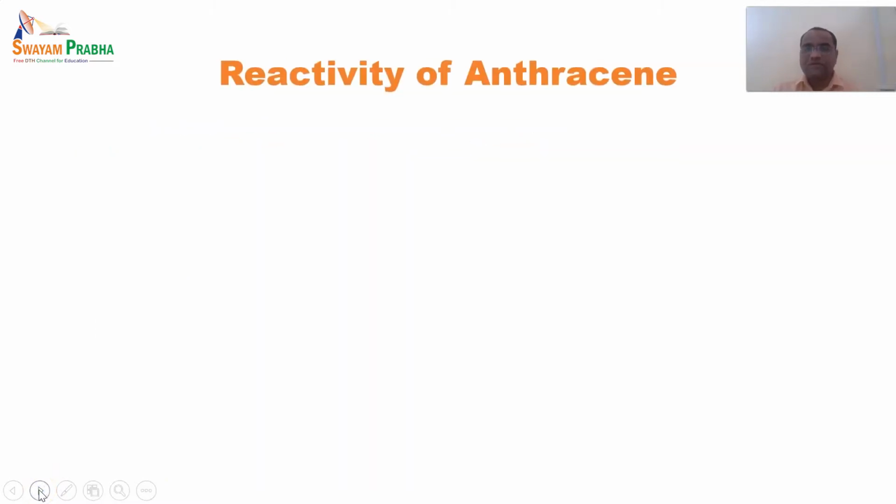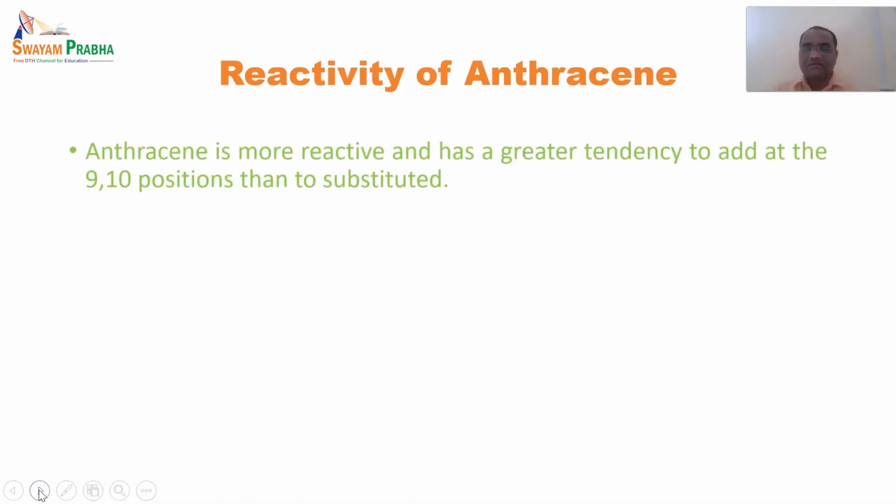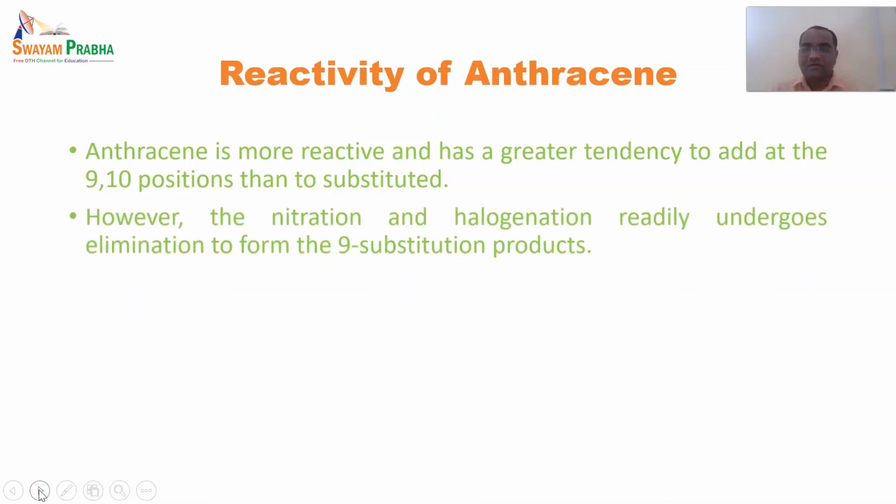Now we'll come to the reactivity of anthracene. Anthracene is more reactive and has a greater tendency to add at the 9 and 10 positions. However, nitration and halogenation readily undergo elimination to form the 9-substitution product. In nitration and halogenation, the 9th position is the most reactive because it is surrounded by 2 rings, and it helps